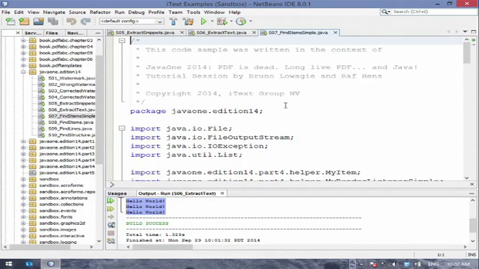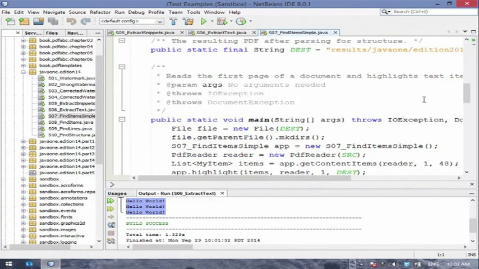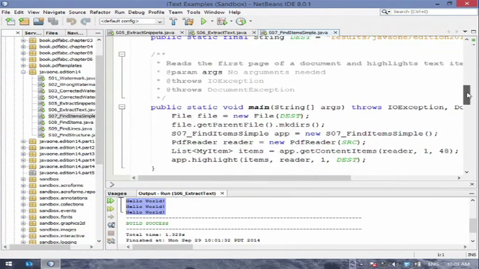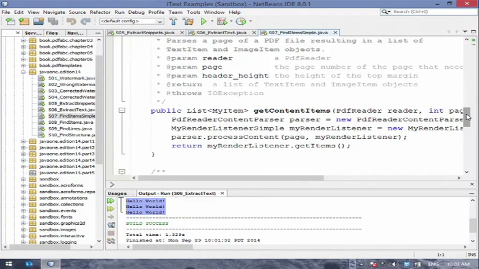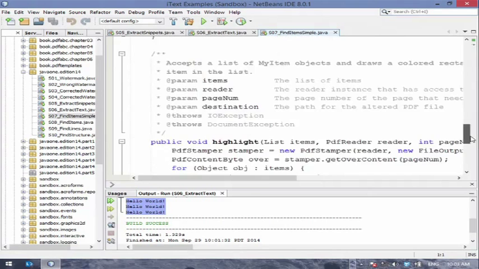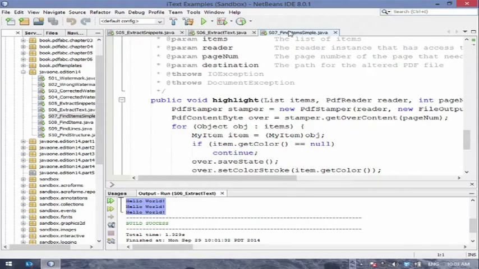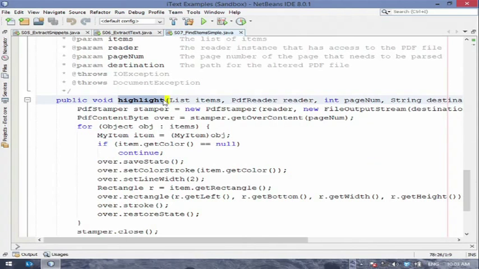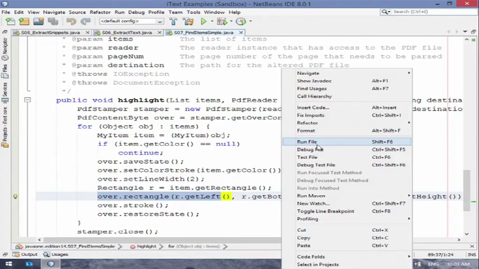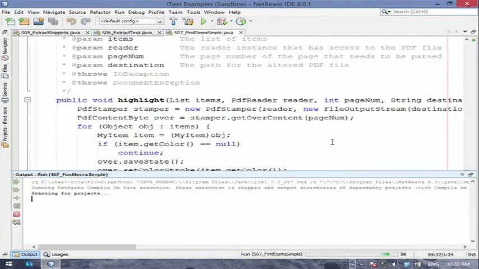So using the same text extraction and image extraction implementation as before, we are processing this page. But instead of writing out the text to standard out or to a file, we are now highlighting it. So we have this highlight method which actually marks the different parts that we have detected in the PDF itself. So we can have a visual inspection, which is useful for demo purposes, of the different parts that we detected. So we're just drawing rectangles based on the coordinate information that we get from the content stream on the PDF file itself. It will become a lot clearer when I run this file and show you the output.